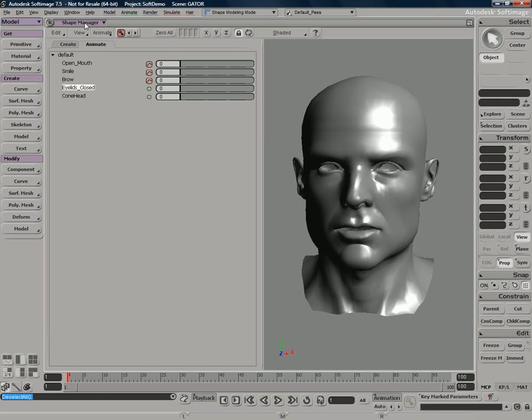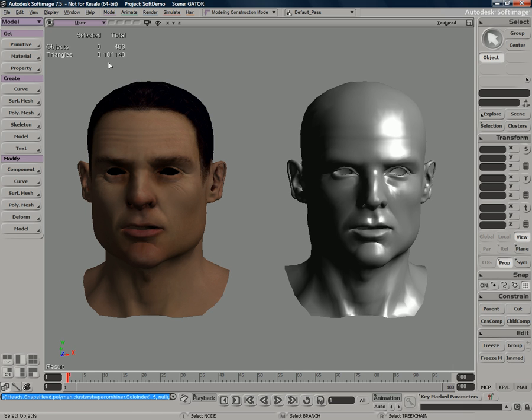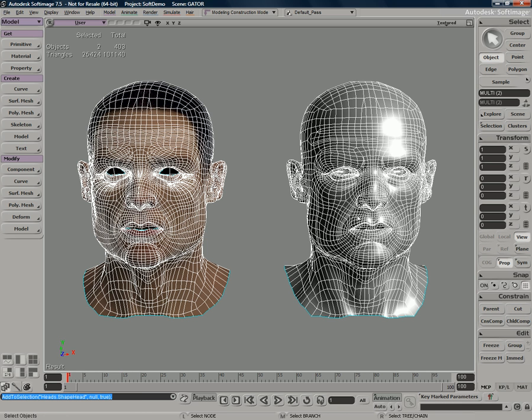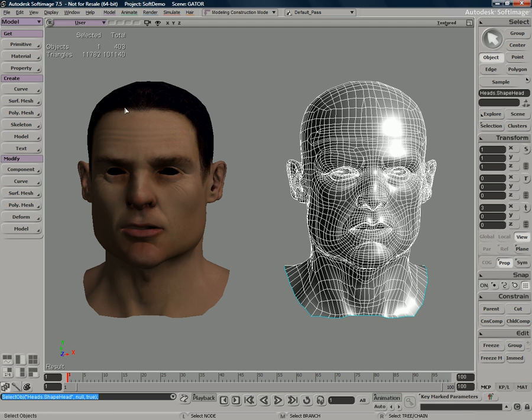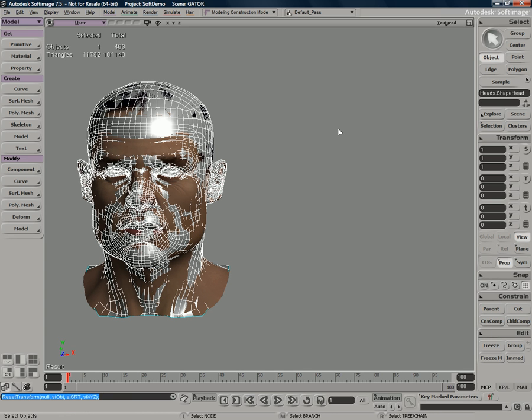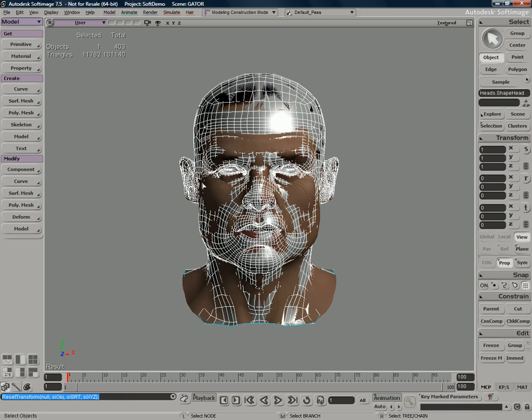So to pass that shape data, let's just go back to our user camera, and we've created that new shape now, but I want to now blend and transfer all of these shapes onto this character here. Now remember, they have different polygon counts, which is pretty interesting. So this character here, again, 11,000, this character 13,000. Select the character on the right, press Control, Shift, and R at the same time, or manually move your object so that it's over top of the existing object.